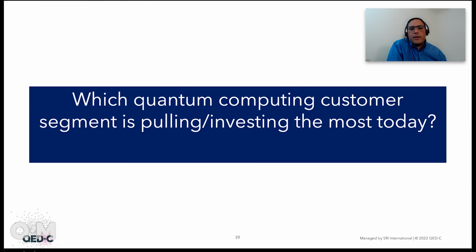But in that industry segment, I think a lot of what Matt said was, I've seen the same type of thing. It's actually more around the types of problems, as there's these optimization problems or simulation problems or acceleration of machine learning. Those categories are what are driving customers. And so it's a variety of segments that come with those types of problems. In fact, it's hard to pick an industry where companies are not affected by at least one of those types of problems. And so, if somebody's sitting in some industry thinking they're safe because nobody has looked at it, they're not. There are people across almost every industry looking at quantum computers, and they should take that as impetus to go and get involved themselves.